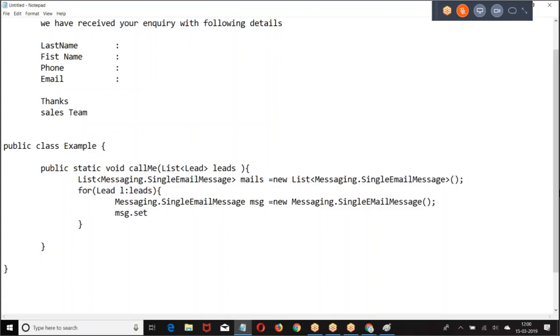Message dot set, what is the to address?